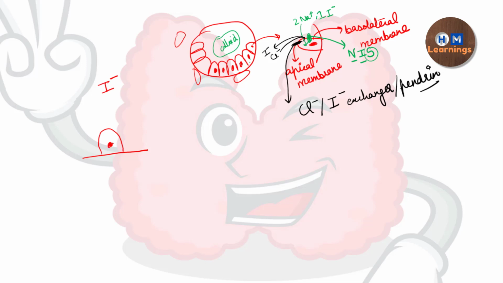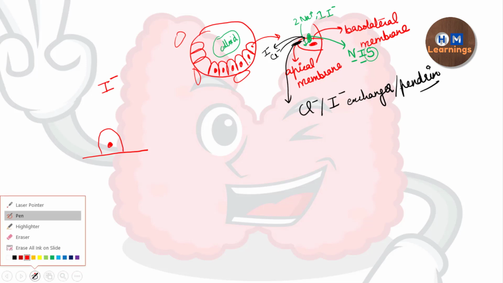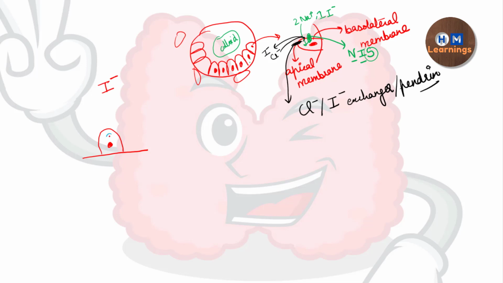So this thyrocyte is going to synthesize a molecule, a glycoprotein, which is called thyroglobulin. So the abbreviation here is TG. I'm using TG. Now this TG is synthesized inside the thyrocyte, and this TG will be released by means of exocytosis, the secretory pathway, into the lumen. So the TG has come into the colloid.